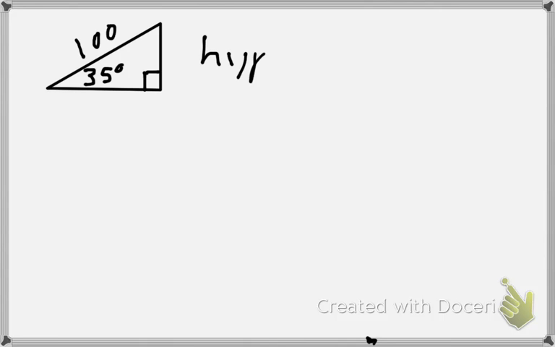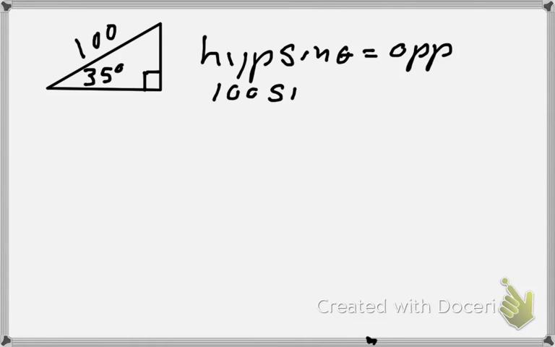So I need a right triangle again. Here's my right angle. My angle for this is going to be 35 degrees, and my hypotenuse is going to be 100. So using the equation from the other side, hypotenuse times sine theta equals side opposite. So the hypotenuse is going to be 100 times the sine of 35 degrees, which will give me